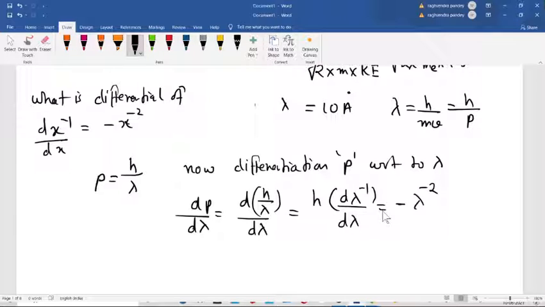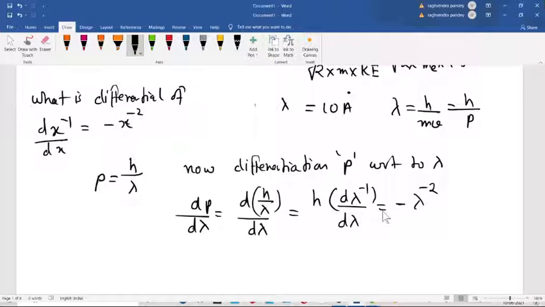Okay, now delta x is given to us as 25 upon 4 pi angstrom, so that is your delta x. Okay, so now we can write delta x into delta p is equal to h upon 4 pi.